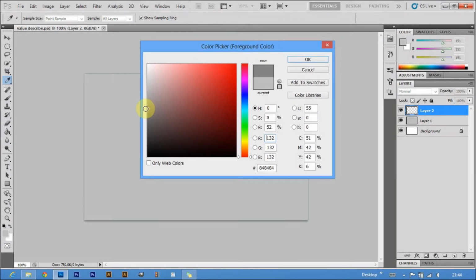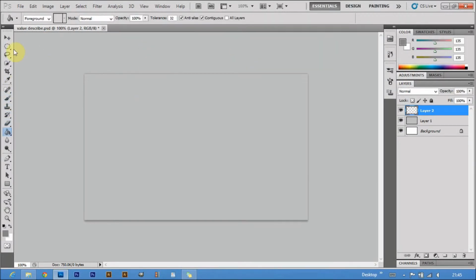878787 color notation. Select the elliptical marquee tool and drag in the middle of the canvas while pressing the Shift key on your keyboard. It will give a circular selection. Now fill this selected area with the chosen color using the Paint Bucket tool.